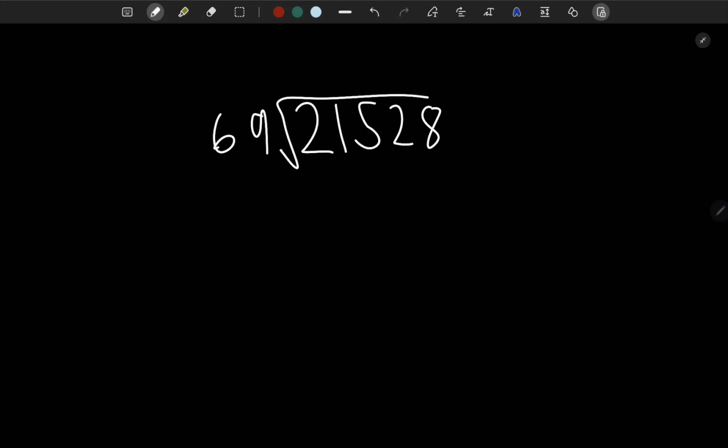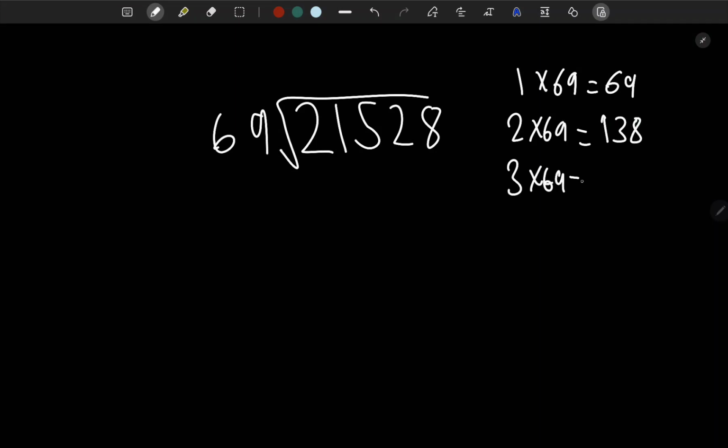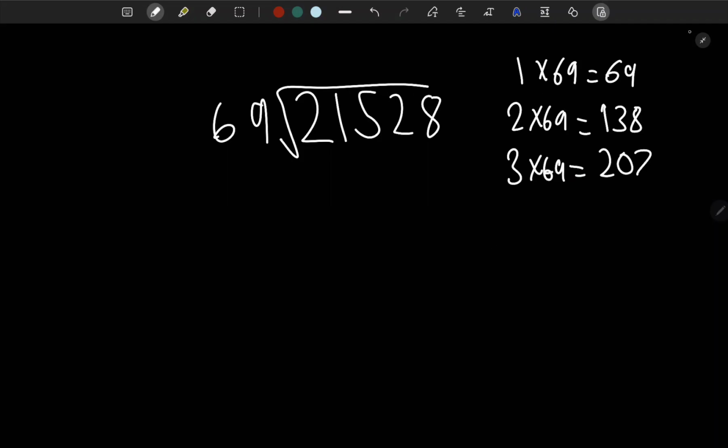Let's move on to another complex example. So here we have a huge number divided by 69. So let's write the multiples of 69 first, because I also don't know them, so it will be easier, because of course we need to know the exact number. 2 times 69 is going to be 138, I think. Yeah, 3 times 69 is 138 plus 69. I think this should be enough for now till 3, and if we need more multiples then we'll just continue on. So first of all it's going to be 3,